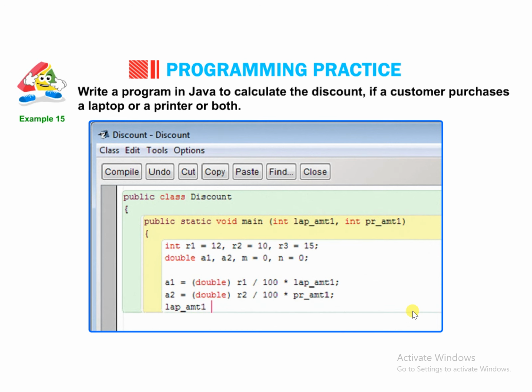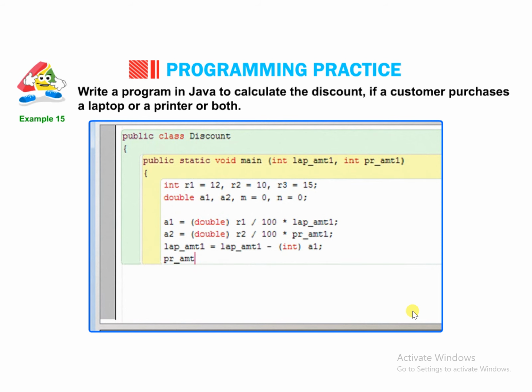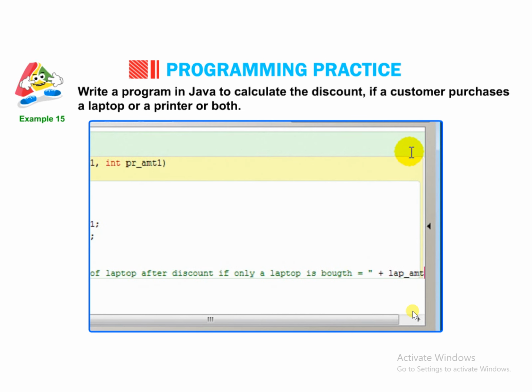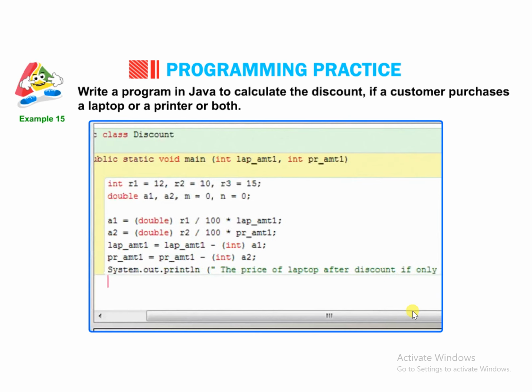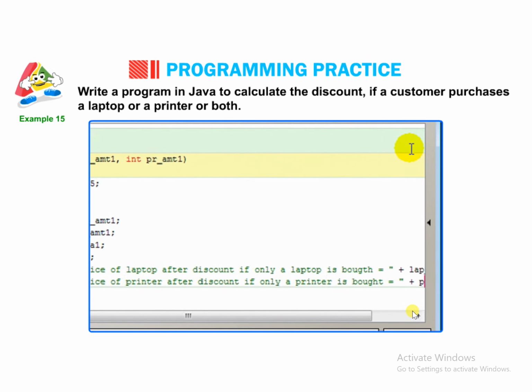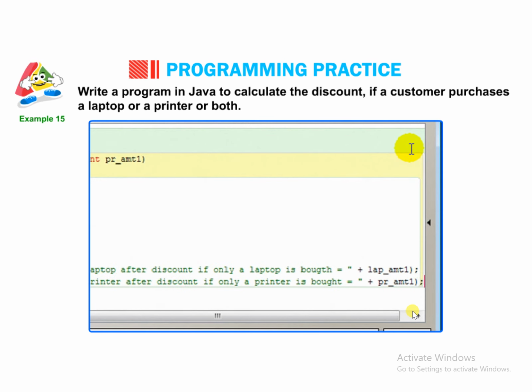lap_amount1 = lap_amount1 - (int) a1; pr_amount1 = pr_amount1 - (int) a2; System.out.println("The price of laptop after discount if only a laptop is bought is equal to " + lap_amount1); System.out.println("The price of the printer after discount if only a printer is bought is equal to " + pr_amount1);